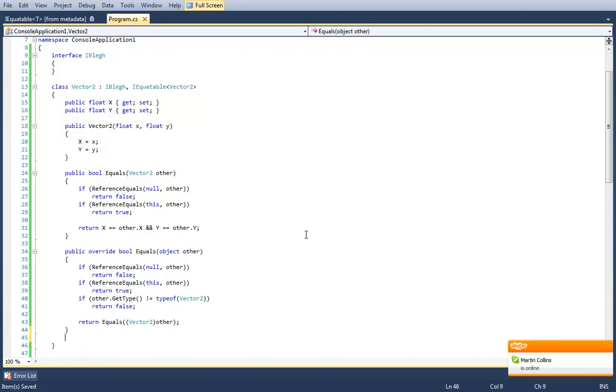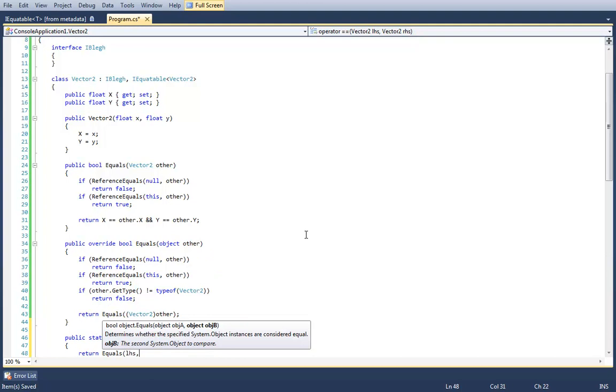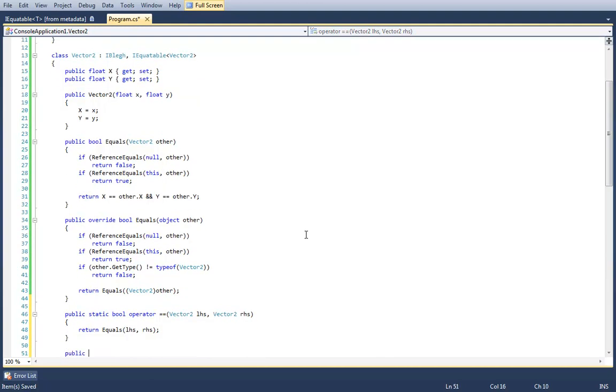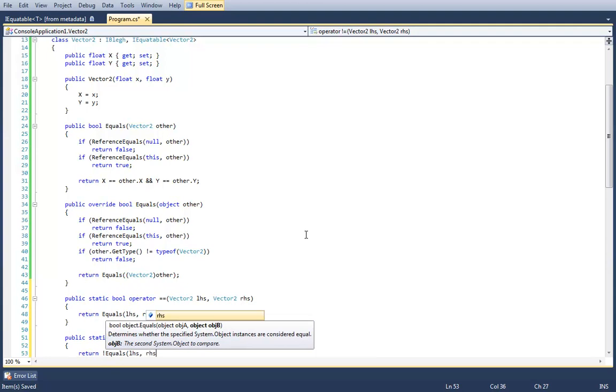Then I would go ahead and implement the operators. So public static bool operator ==, Vector2 left-hand side, Vector2 right-hand side, and I would return Equals(left-hand side, right-hand side). Then, of course, I have to also implement the other operator, !=, and I would return the inverse of Equals(left-hand side, right-hand side).